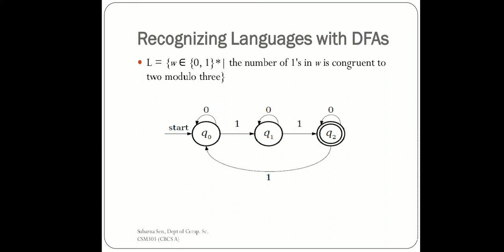So you can see here, if we start from the initial state, and we are not directly moving to Q2, so if we start at Q0 and 1 is fed to it, it will move to Q1. If 1 is fed to it again, then it will move to Q2.